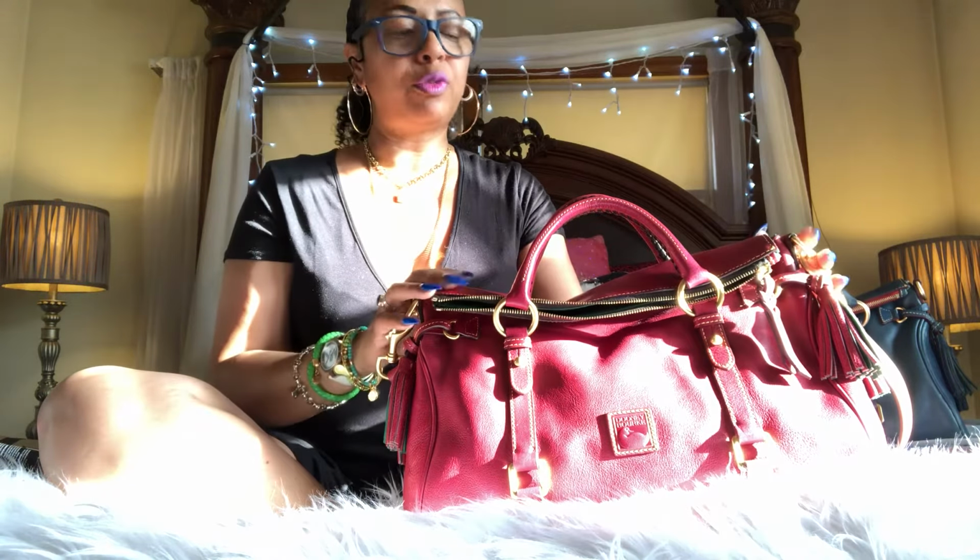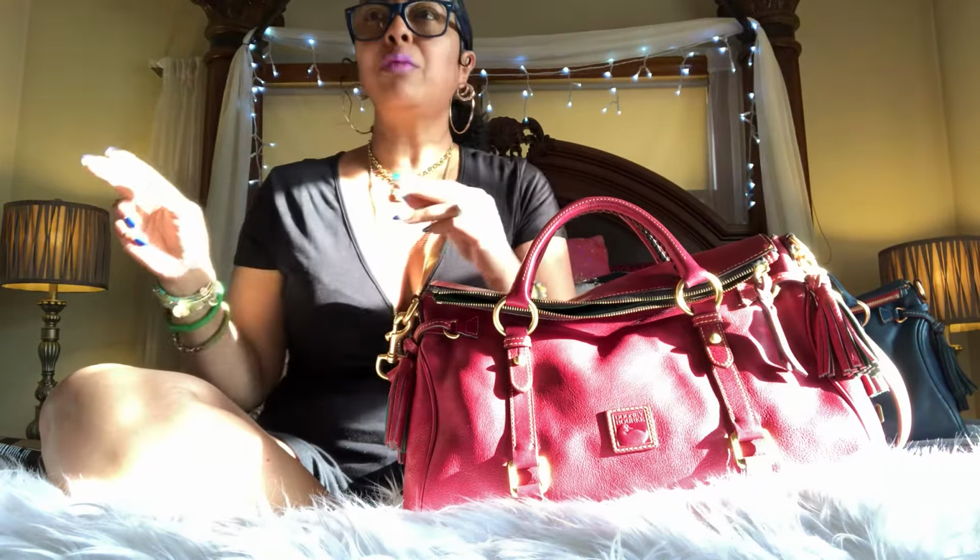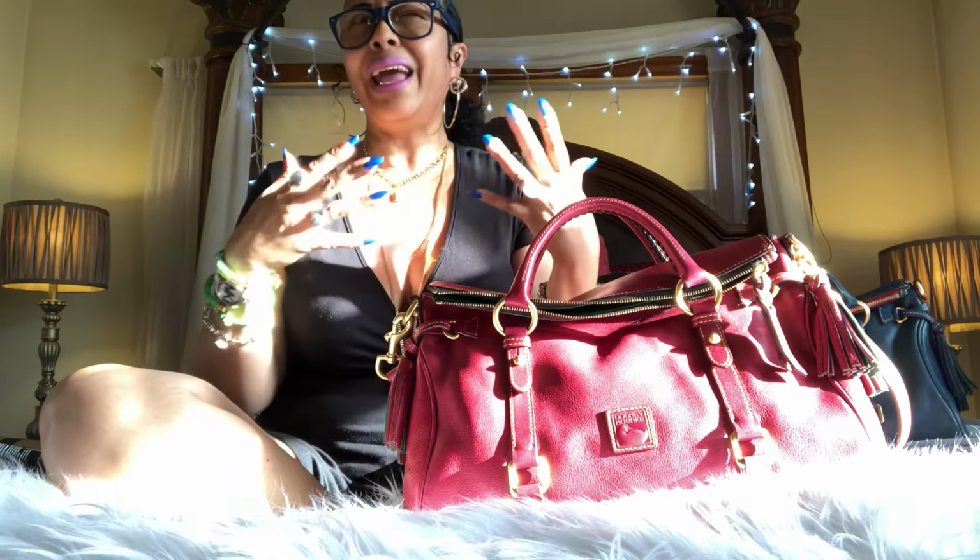The bag was still in excellent condition, but the color raspberry is a dark pink color. When I sprayed the bag, it ended up looking red. And if I had wanted a red Florentine Satchel, I would have purchased a red Florentine Satchel. What did it for me was that beautiful raspberry color. And also, I know in the past I had thought about getting another Dooney and Bourke bag in the color baby pink. That particular bag I thought was pretty in baby pink,